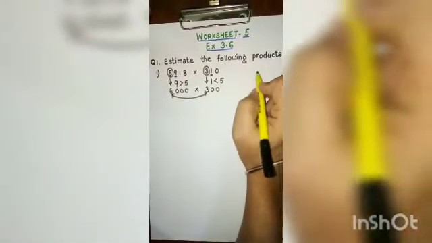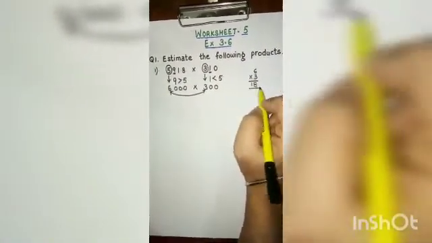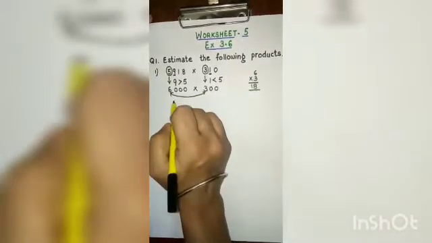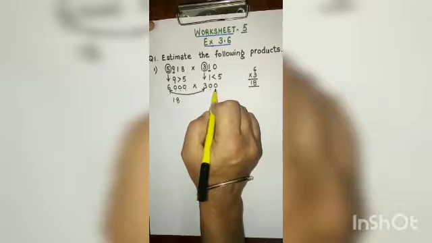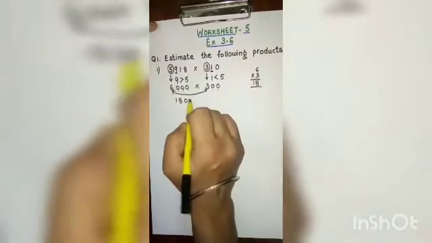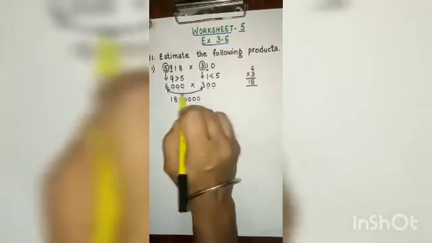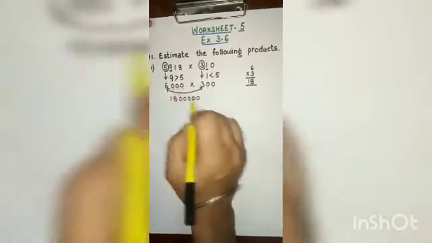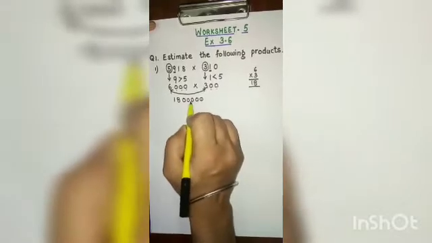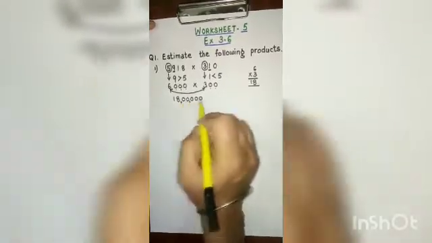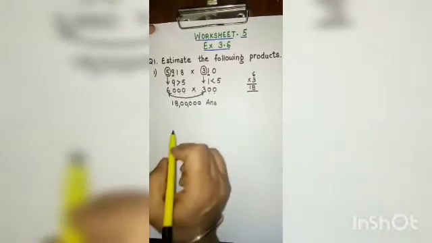Now here when 6 is multiplied by 3, it gives you 18. So you can write down 18 here and count the number of zeros in both the numbers and write them in the answer. For cross checking, again see, it is 2 and these are 3. So total 5: 1, 2, 3, 4, 5. And then you can put commas for reading it easily. So the answer is 18 lakh.